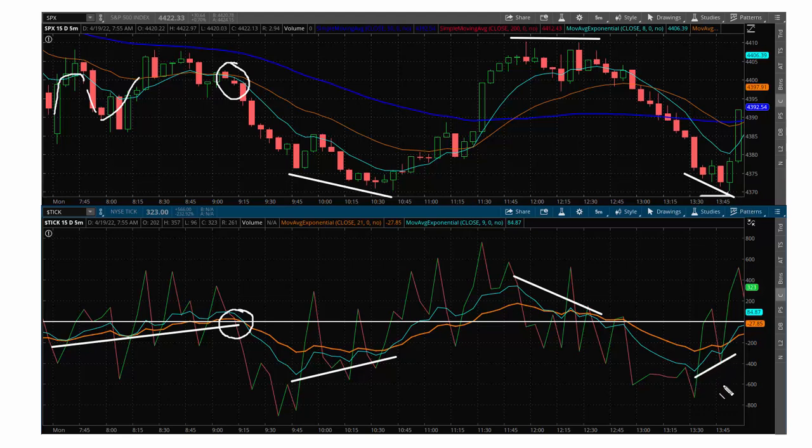And then we fast forward towards the end of the day, we have lower lows here, but higher lows from the tick there. That tells you that we're probably going to reverse off the lows. Too late in the day to play it. But as you can see, the chart played out very, very